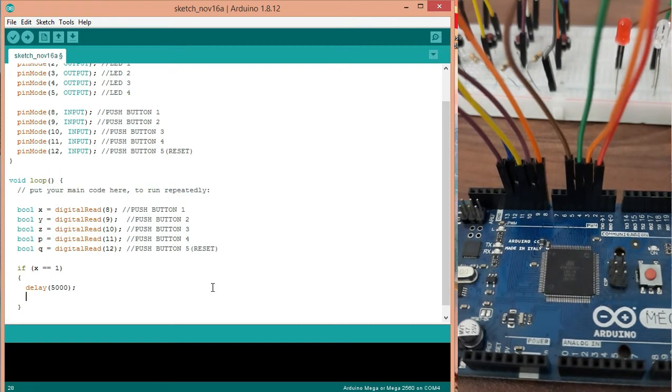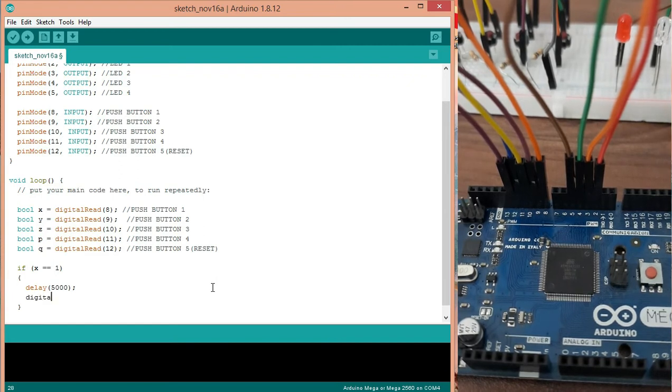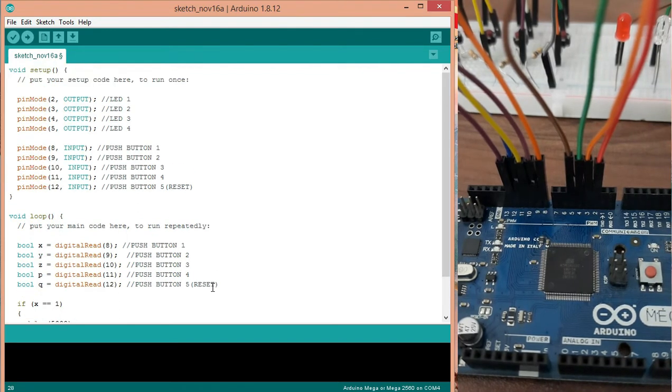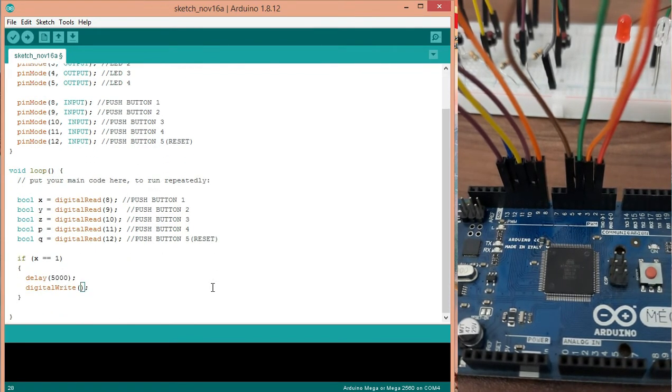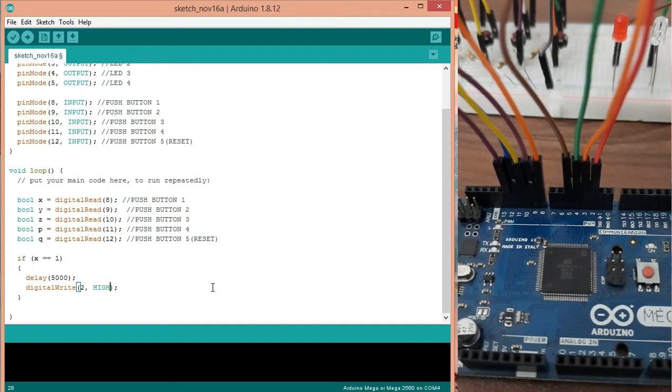After that, digital write. We will be using the digital write function for this. Digital write of pin number 2 will be high, so this will turn the LED on.